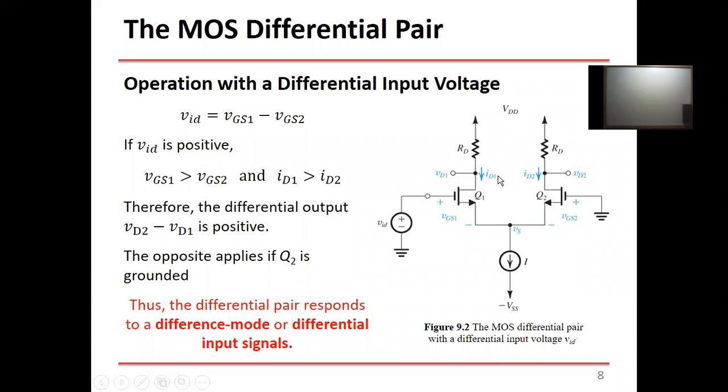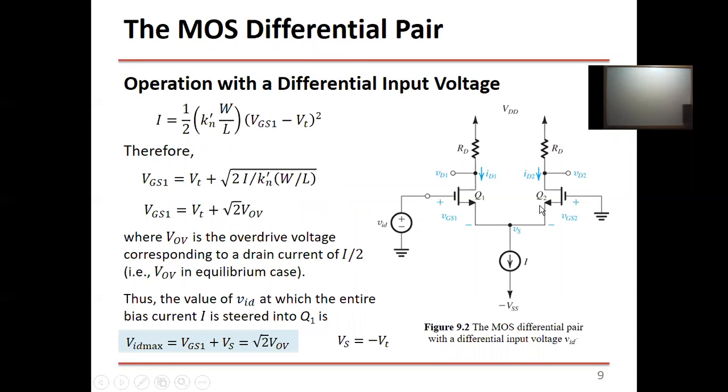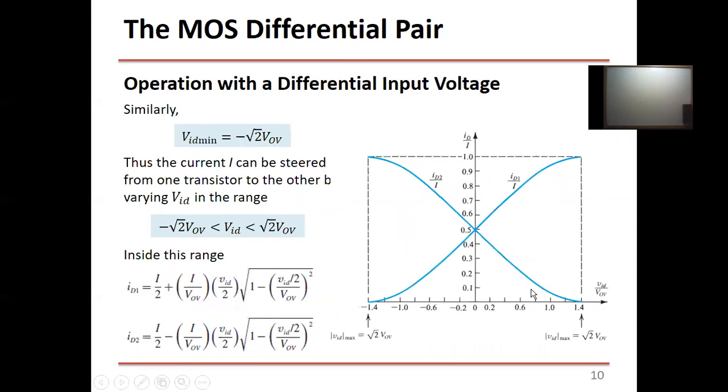If you increase this one, you make this one higher than this one, or the current lower than the current, and vice versa. So we are studying now how much voltage you apply to input 1 that can steer all the current all the way to this side or this side. We analyzed this and figured out it's a nonlinear relation between the output current and the input VID. And this curve is depicting this characteristic